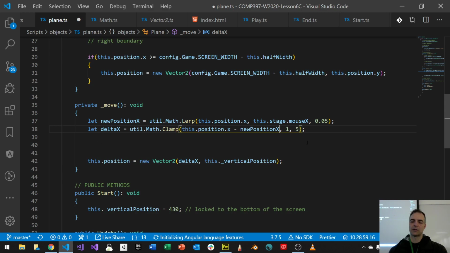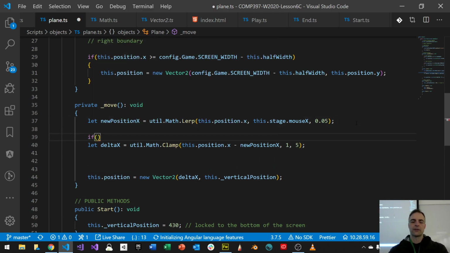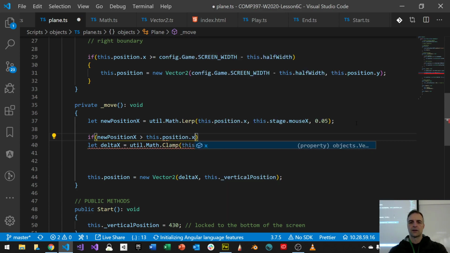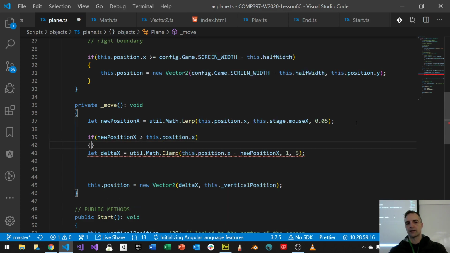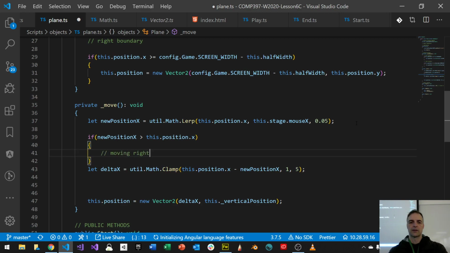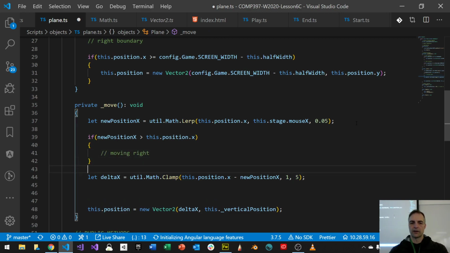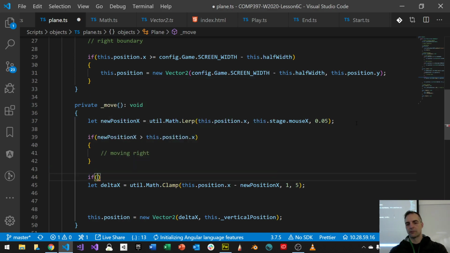And there's more work to be done here for me to do that. I have to find out if I'm going left or right. So if I'm moving negative, if my current position is greater than my new position, then I'm moving to the left. So I can do a kind of an if statement. I can say if new position dot x, right, as an example, is greater than this dot position dot x, right, then I know I'm moving to the right. So moving right. And then the other one is the other one. If my new position dot x is less than